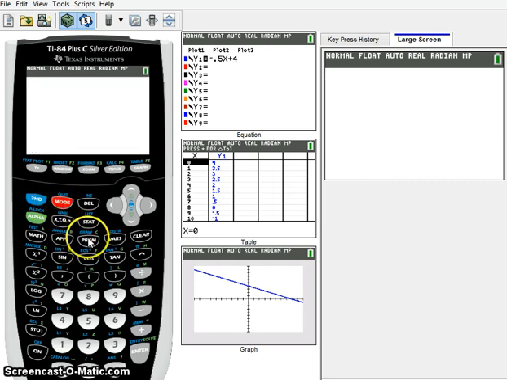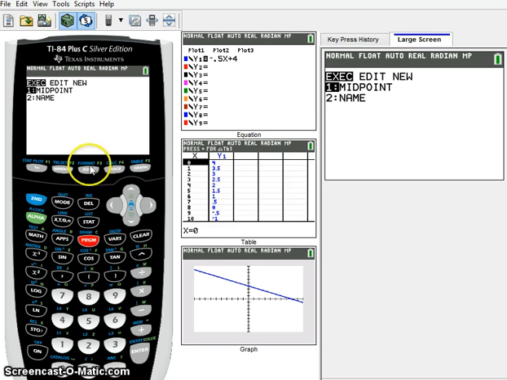Then I go to Program, and I want to execute this program, which is right here. So I stay there and hit enter. I hit enter again, and now notice it's asking me for an x1 value. Now I just arbitrarily picked a couple of points here, -7, 3, and 5, 11. So I'm going to enter -7,